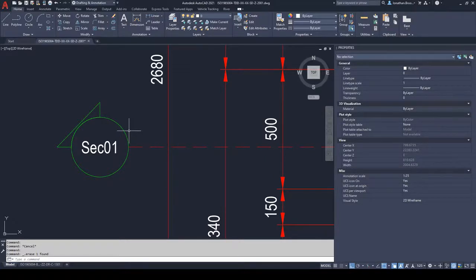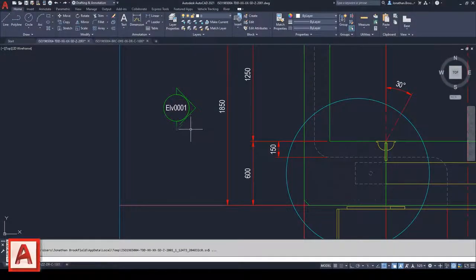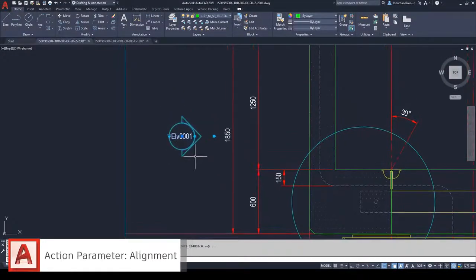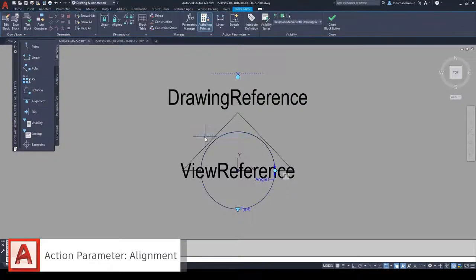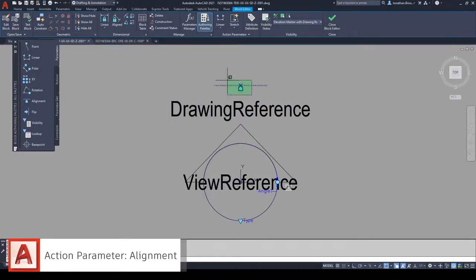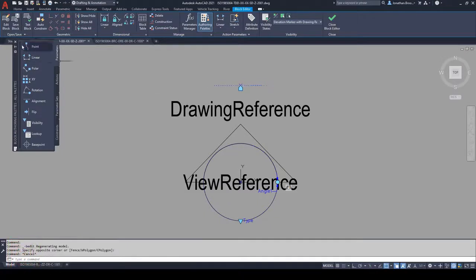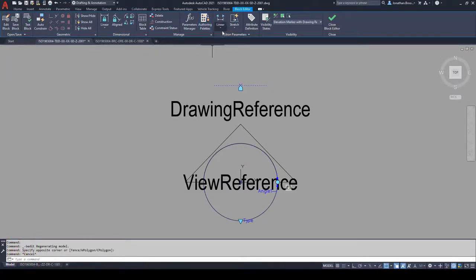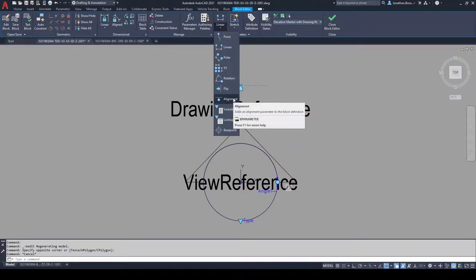The final action parameter we're going to be looking at is the alignment tool. This is possibly one of the easiest action parameters to configure. Inside the block editor, users simply need to place the alignment grip to where they want it in relation to their object. In our example,